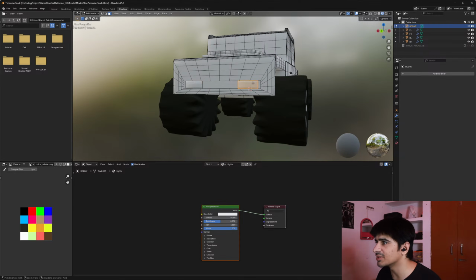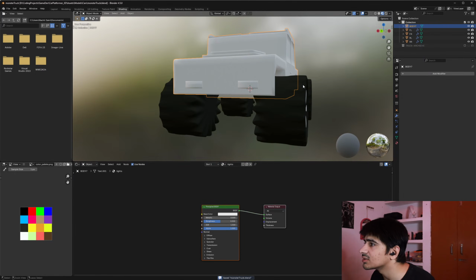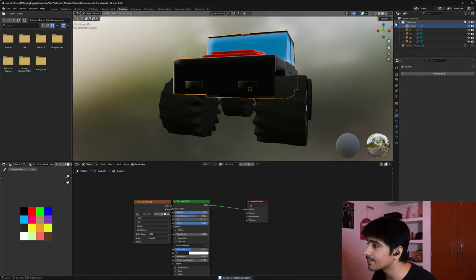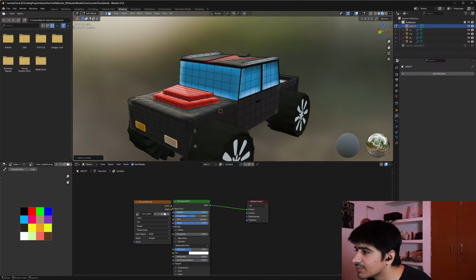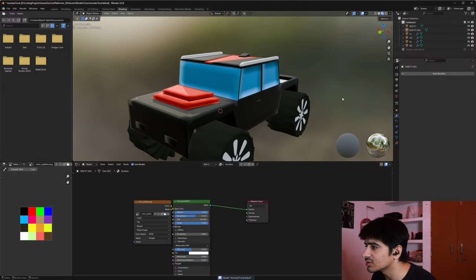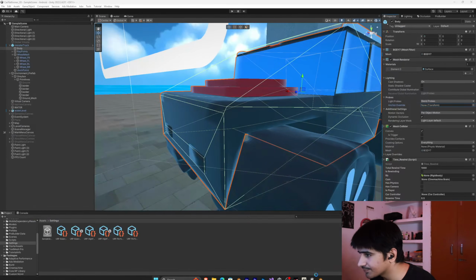But I just separated them by texture. Okay, wait, let me just check what's wrong. Hmm, separate by material. I'll just separate the selection. It's fine. What I can do is,